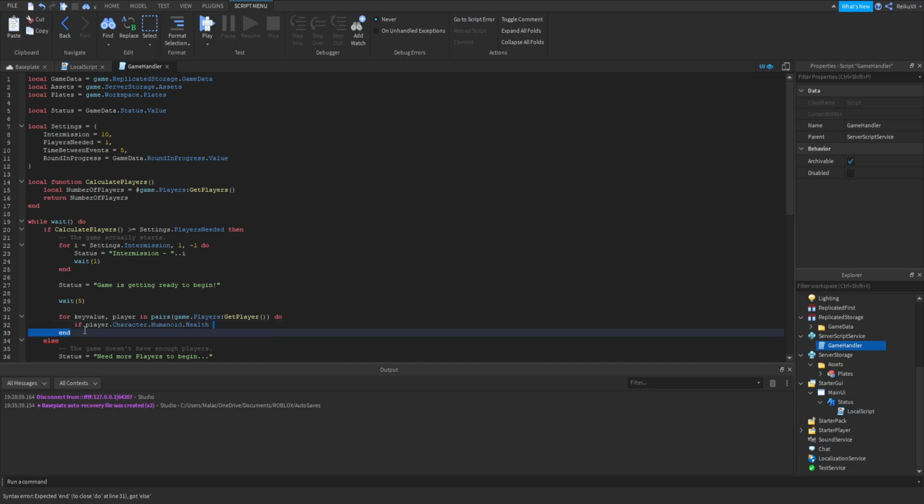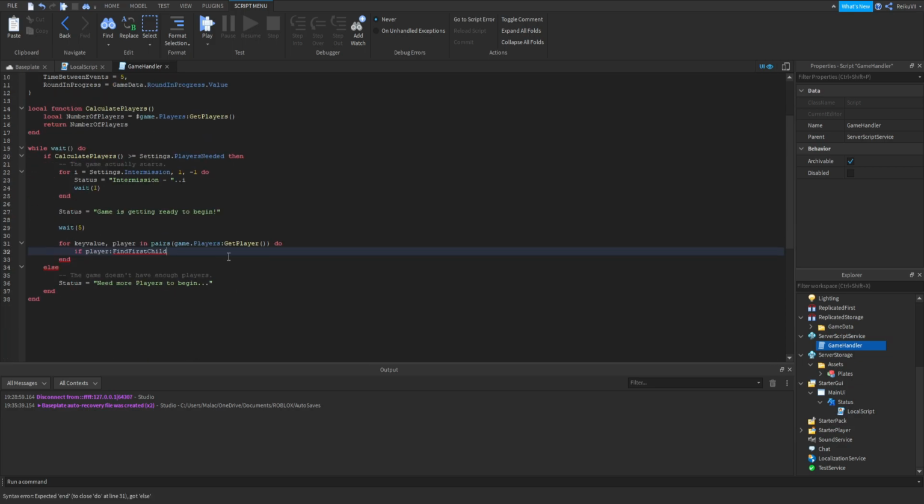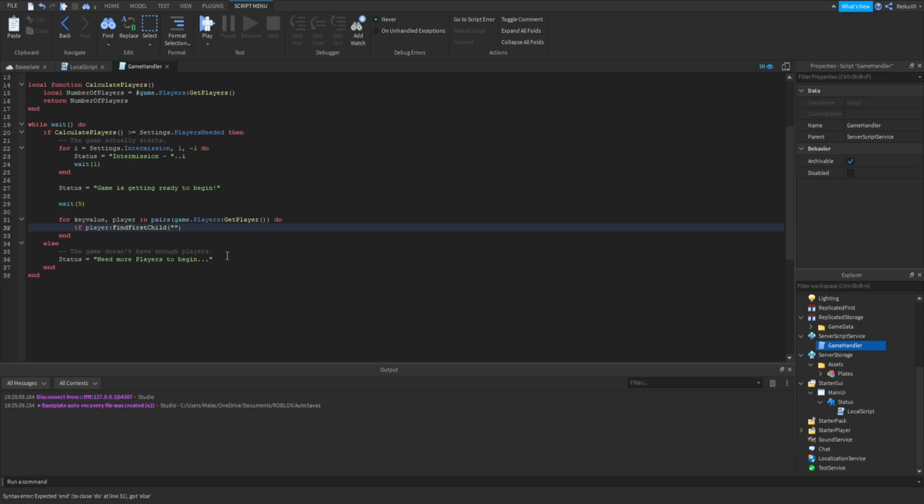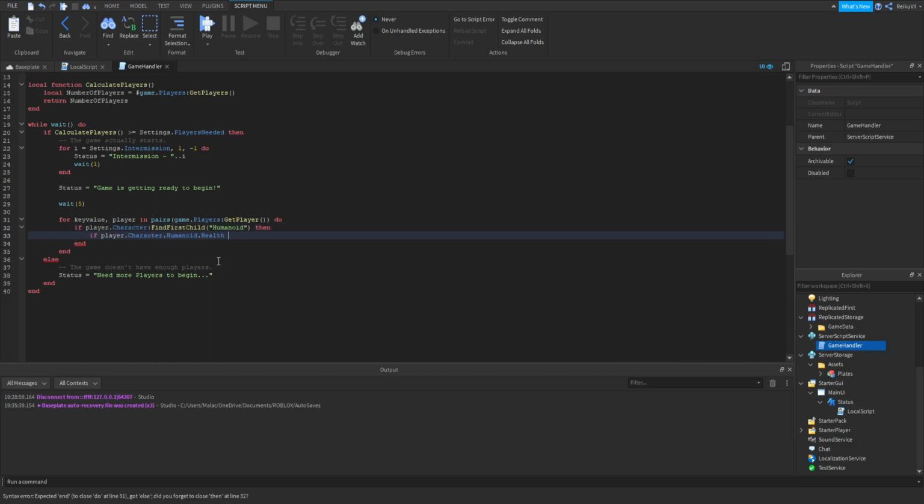Actually, first let's make sure they have a humanoid before we do that, because if they don't, it's going to fail. So let's do if player find first child. Oh no, we need to put character after the player. So if player.Character:FindFirstChild("Humanoid"), then make sure if player.Character.Humanoid.Health is greater than or equal to 1, then